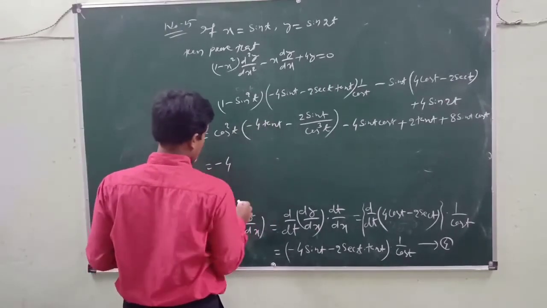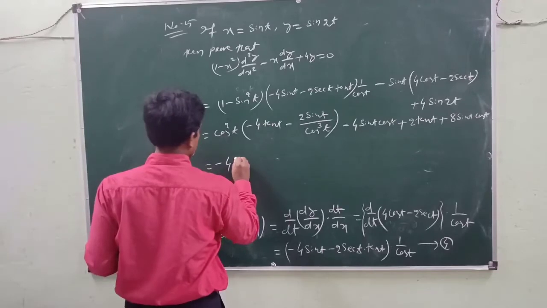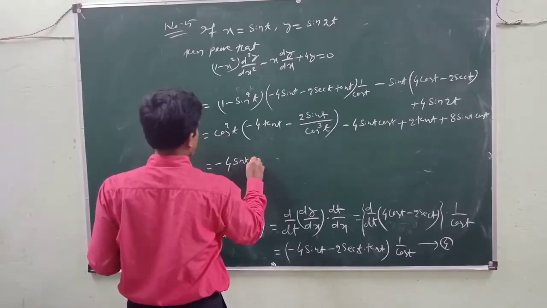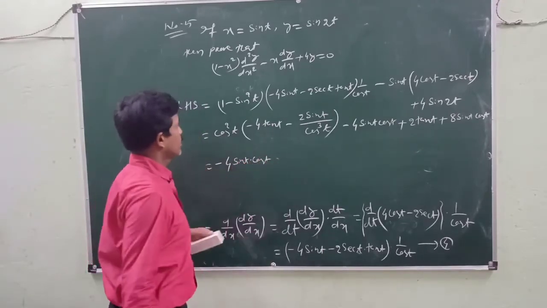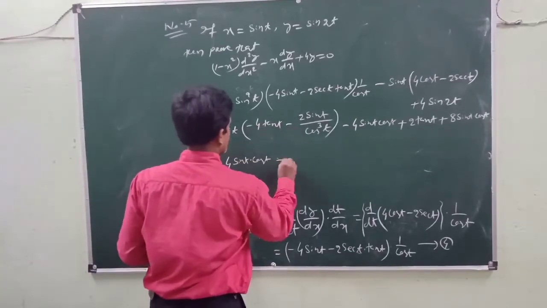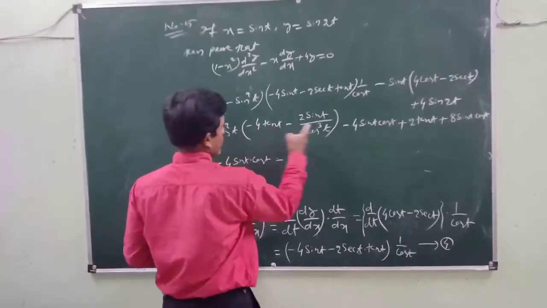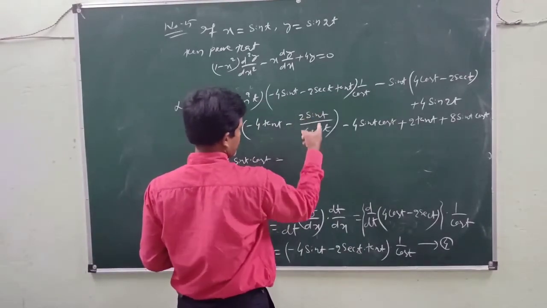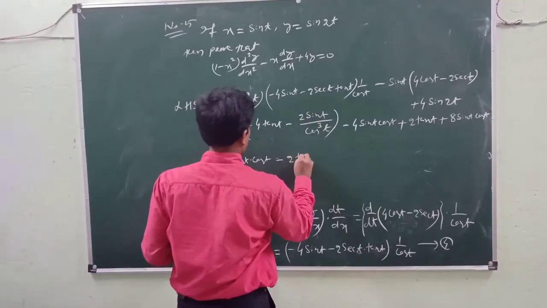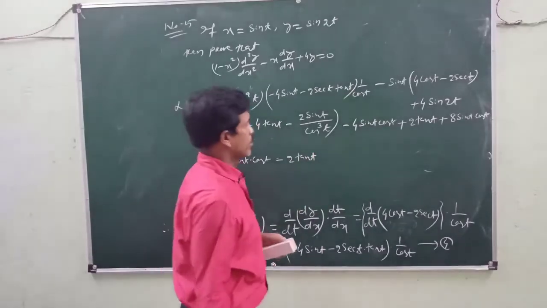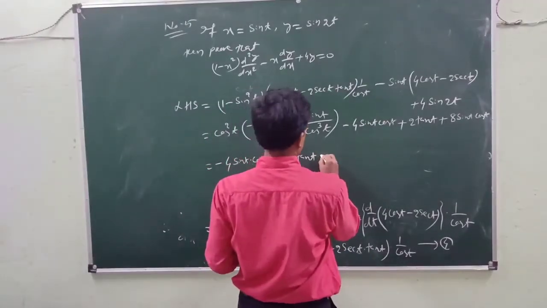So when multiplied by cos square t, it will be 4 sin t into cos t. Again minus here, cos square and cos cube we cancel, then remaining sin by cos, there are 2 tan t, then minus